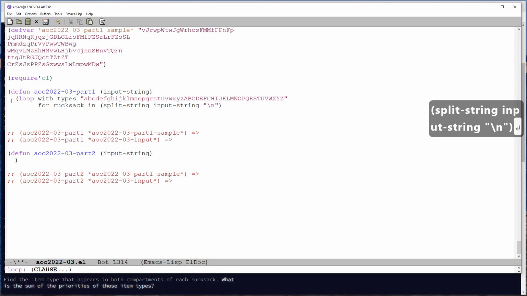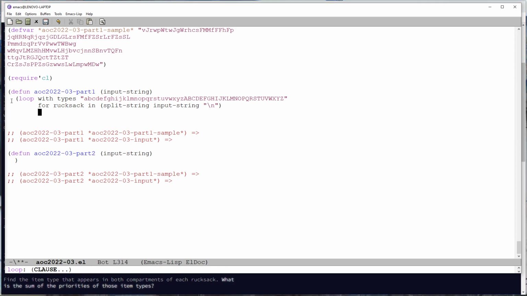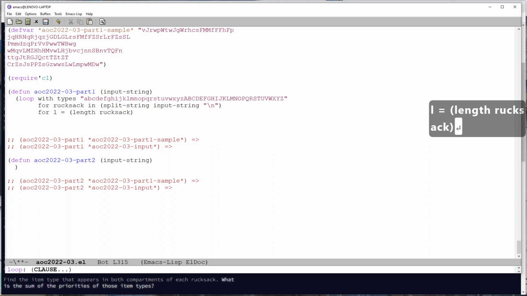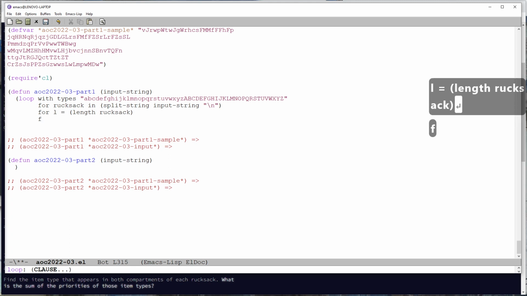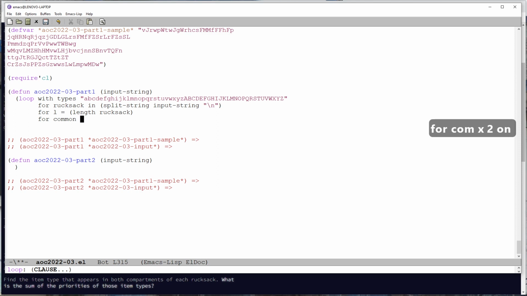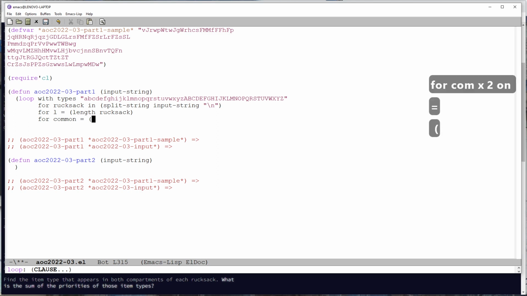So that gets us the line that contains the rucksack, and we need to know the length of the rucksack, for L equals length rucksack, and we need to find out what the common priority is, and we're going to do that by